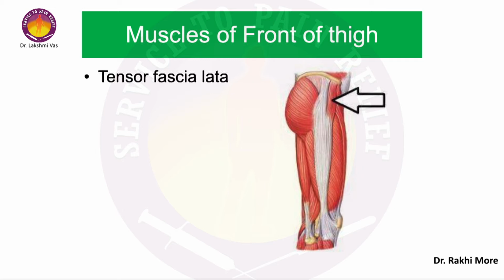See, tensor fascia lata is a small bundle of muscle, really speaking, but it is one of the major triggers in the lower limb. In the lower limb, the acknowledged triggers are the gluteal trigger and the tensor trigger. It is the tensor trigger which gives a very awkward kind of pain just below the anterior superior iliac spine.